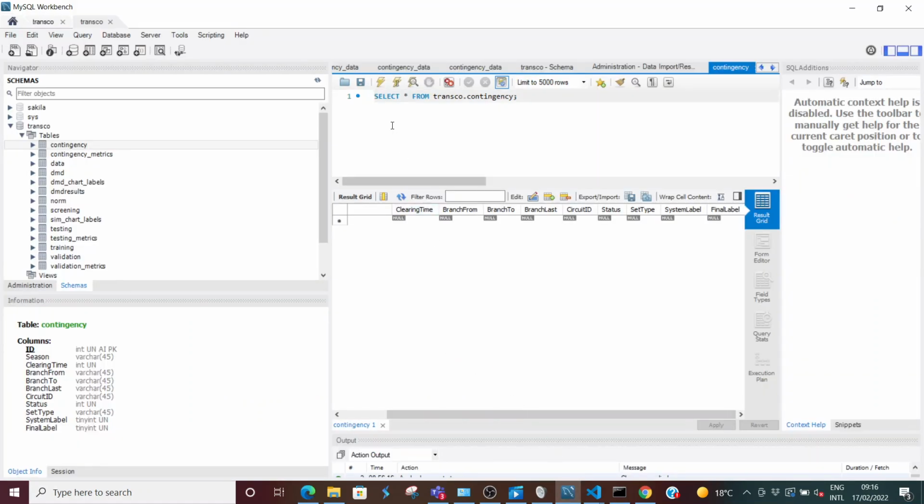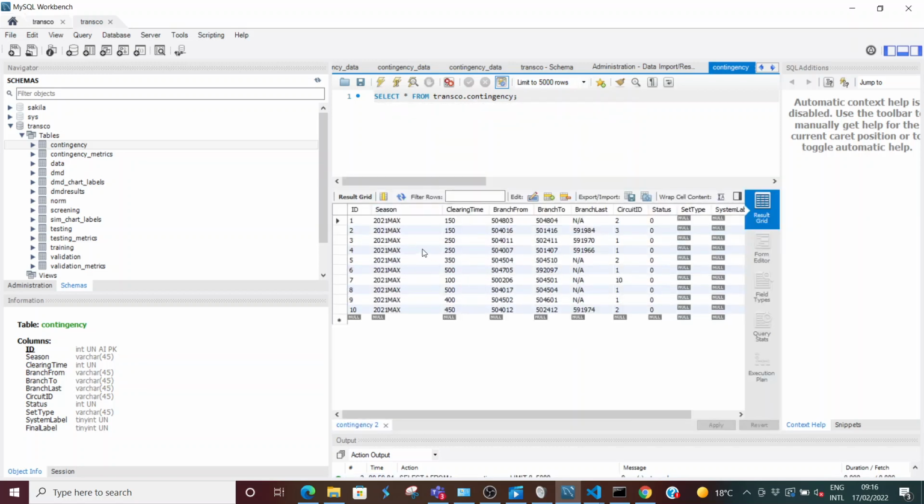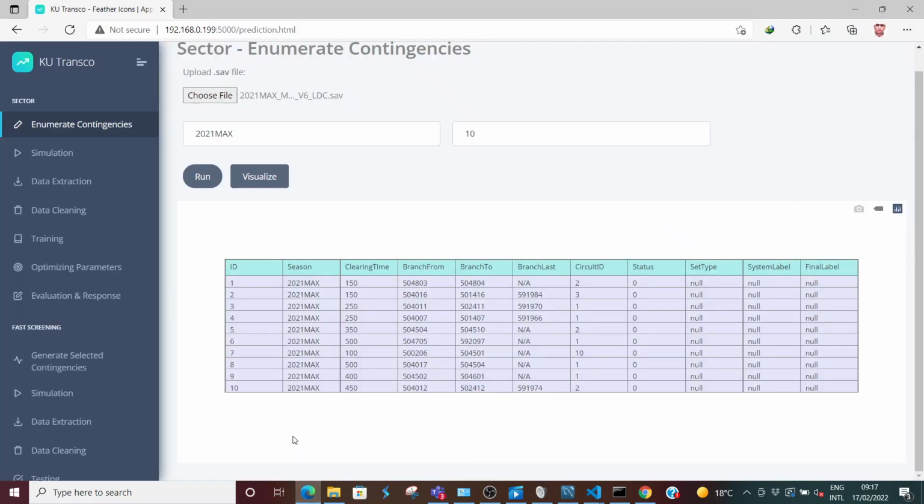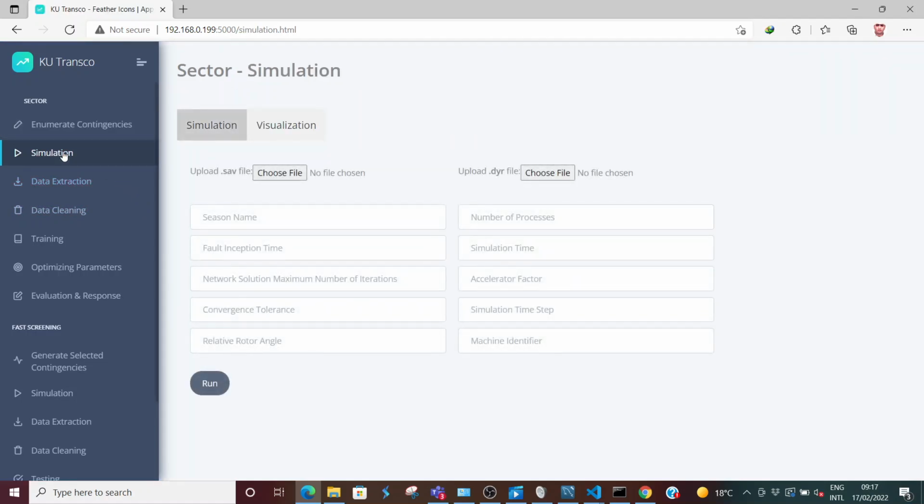This table is connected with the MySQL database. As we can see, we can click on execute the selected portion in order to see the content of the contingency table, and we can see this table is updated using the provided input from the user and with the specified number of contingencies. Once this step is completed, the simulation process should be executed in order to start the simulation of these contingencies,